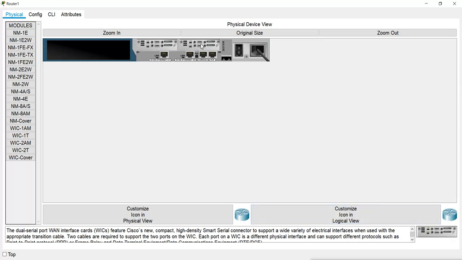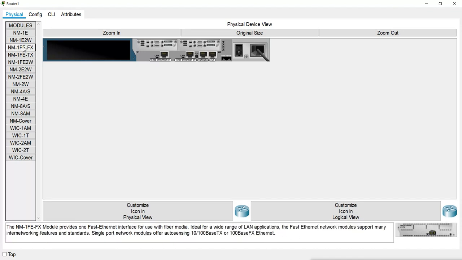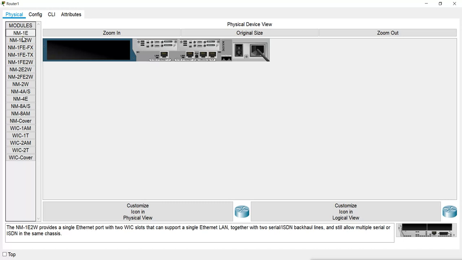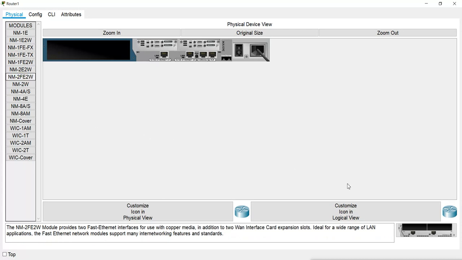Now I added 4 serial ports, and let me add the Ethernet ports also. So I added 2 Ethernet ports also here. Now I will start the router.